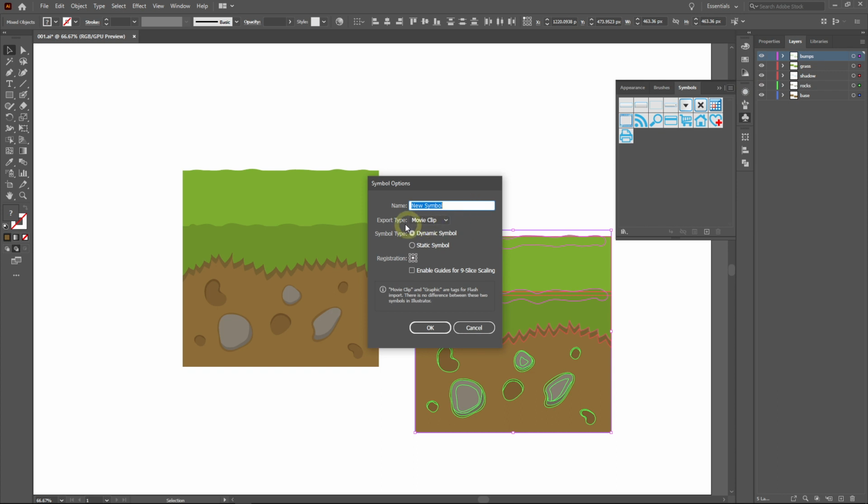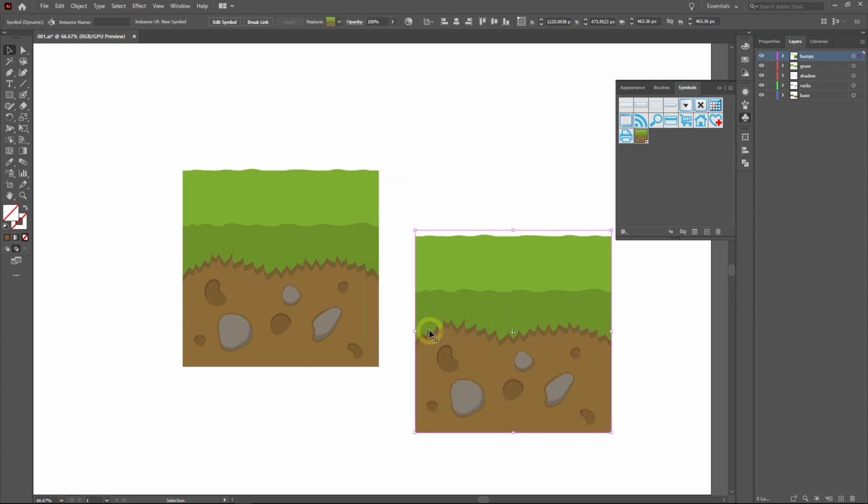Then, to explain this export type parameter, you need to know that the original concept of the symbol was adapted from Adobe Animate software, or what was previously known as Adobe Flash. It would be too long to cover all of them in detail. In short, in Adobe Animate, there are two types of symbols. The movie clip type symbol is used for storing animation, and the graphic type is used for static artwork. Since we don't need any animation feature, we can just select the graphic type here. For the other parameters, just leave them in their default states.